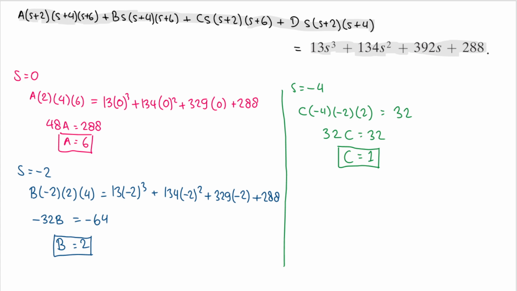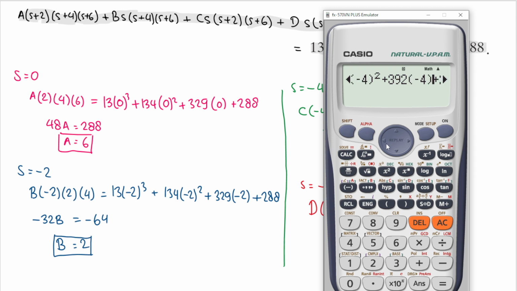I think we need to find out the d. Maybe let's use this. What is our d? Okay, if we need to find out d, we need to plug in, what is it? Minus 6. Okay, s is equal to minus 6. Okay, we will have d multiplied by minus 6, and then minus 4, and then minus 2. Okay, and on the right hand side we plug s is equal to minus 6. Let's do exactly that. This will be minus 6.